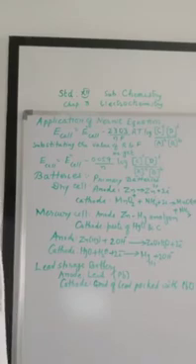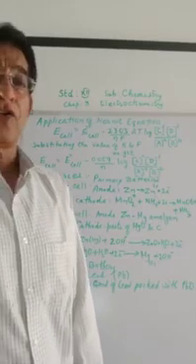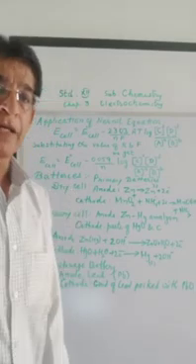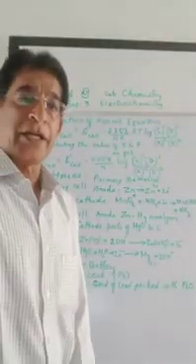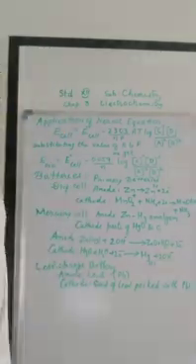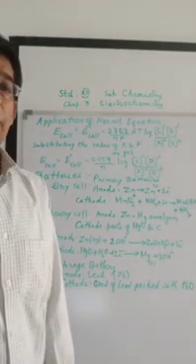First, Fe gets oxidized to Fe2+, and then in the presence of oxygen, it forms Fe3+, which then reacts with water to form rust,